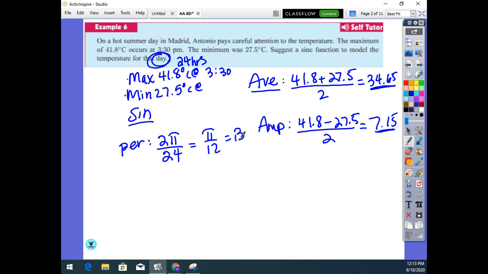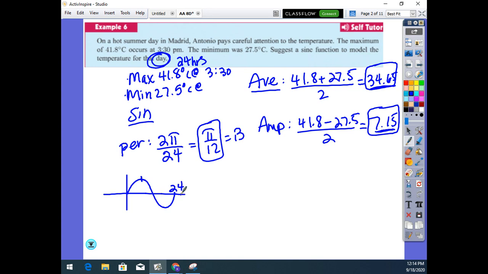This is, oh, our period is 24, so this is finding our b value. Okay. All right, so we've got the number that's our coefficient of x. This is what goes out front, and this is what gets added. The only thing we're missing now is our phase shift. All right, so think about a normal sine curve right here. In a normal sine curve, this is 24 hours, 12. Does it make sense that it hits the maximum point